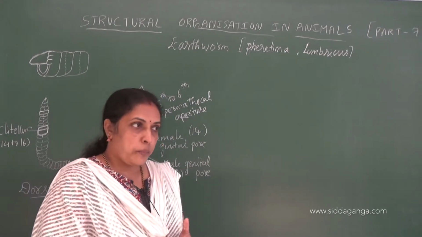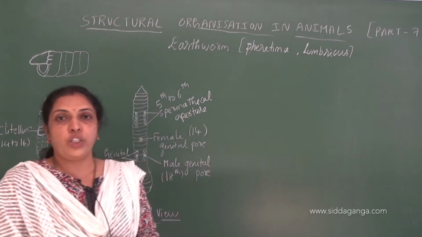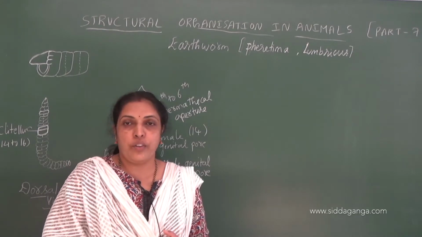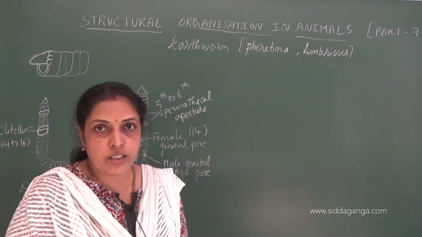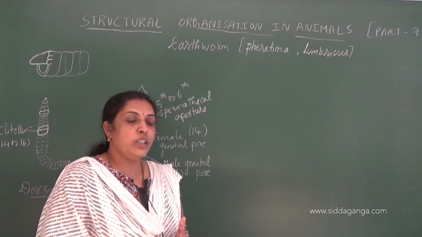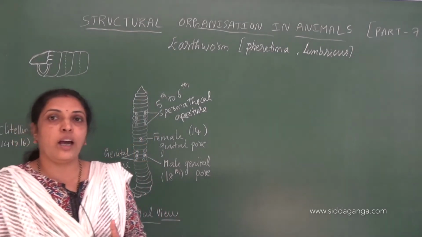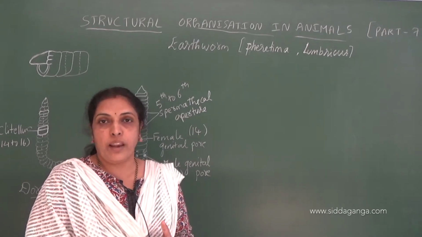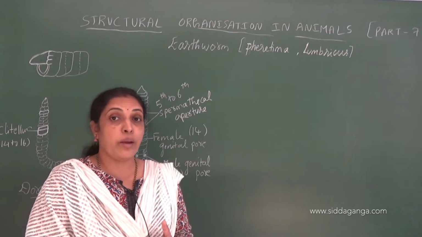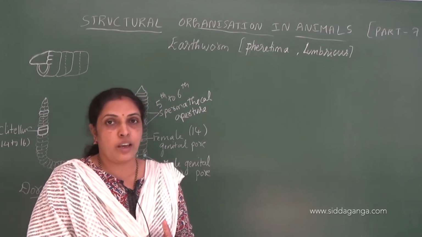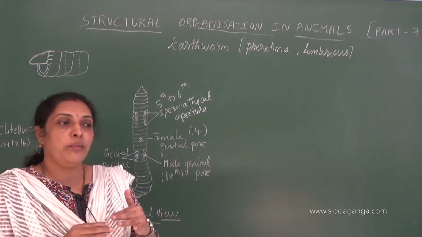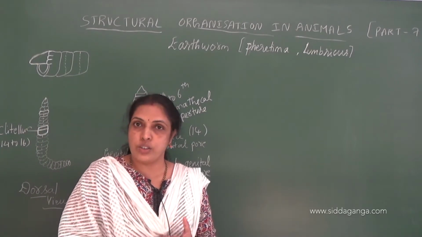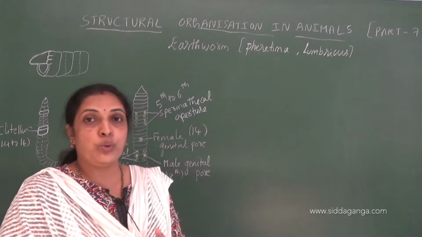Understood? Coming to earthworm, they are reddish brown in color, usually lie on the upper layer of the soil where moistness is present. And we can trace this in garden by their deposition of fecal pellets. That is called worm casting. Usually they burrow the soil and hide inside the soil. They are very much sensitive to light.